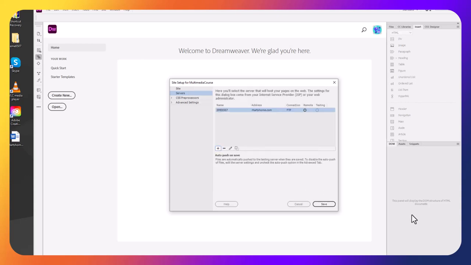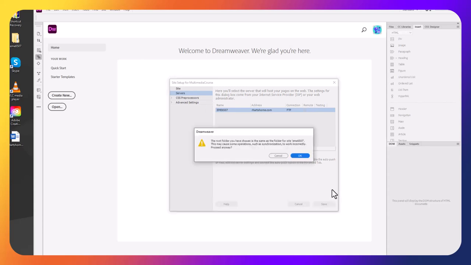We just click save. Now I have this EME6507 folder. If I change my password or something later, I can go in and edit it by clicking on the pencil, or if I ultimately want to delete it, I can just delete the server connection there. So I save it, and